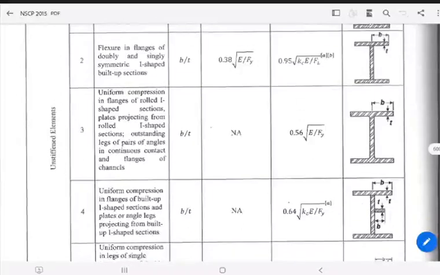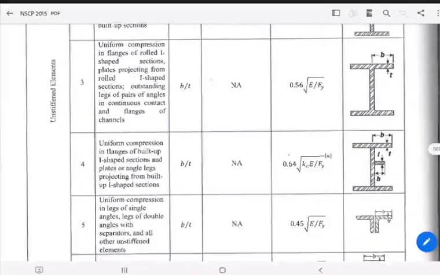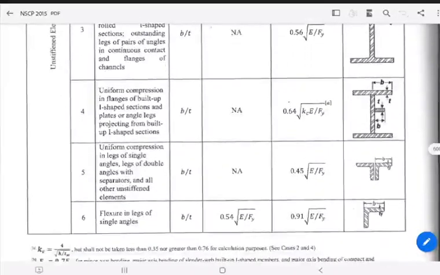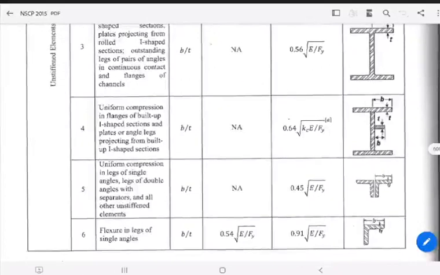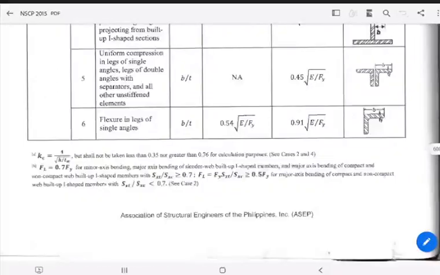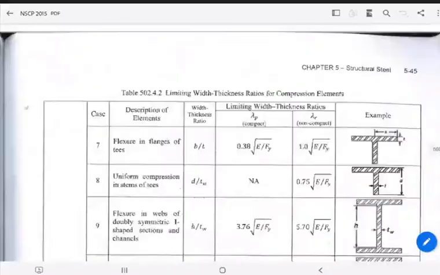Number 3, uniform compression in flanges or section. Ito, compression natin. Number 4 is compression. Number 5 is compression. Okay. Number 6 is flexure. So, hindi natin i-consider yun. Right? Ayan. And then, for stiffened elements,